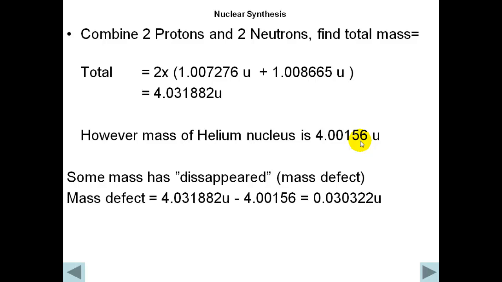This mass defect is the difference of these two masses: the mass of the sum of the constituent particles and the mass of the helium nucleus afterwards, and we're short by this amount. Where did this mass go? Now this was understood by Einstein,